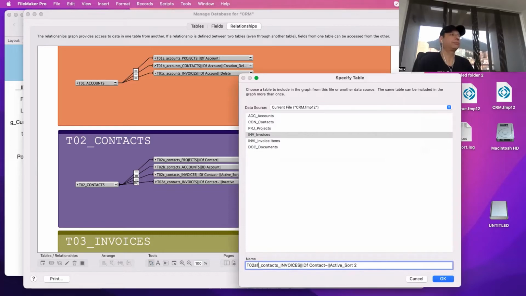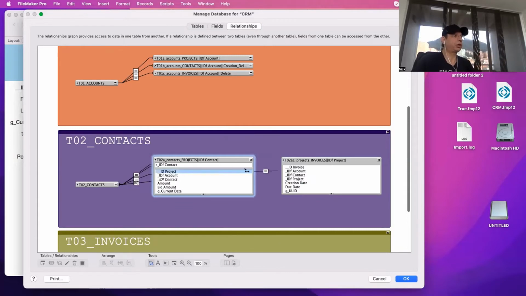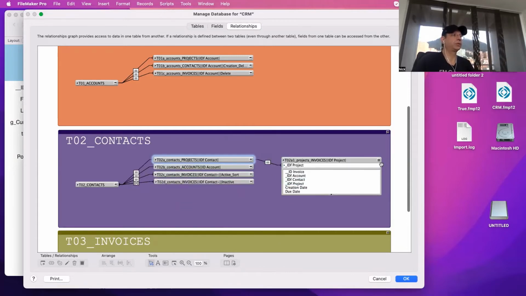TO2A1. A1 is coming from projects. It's going to invoice, right, by the ID projects. So now I can do this. Boom, boom, project. So now